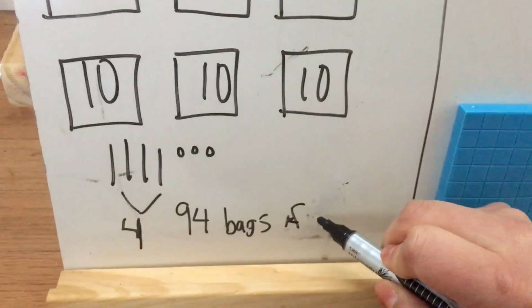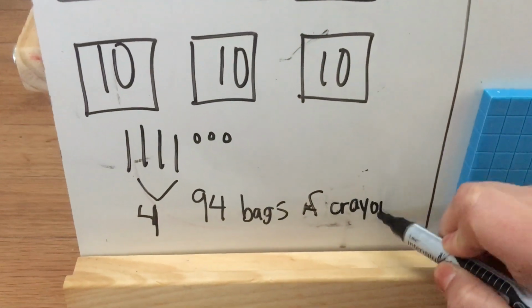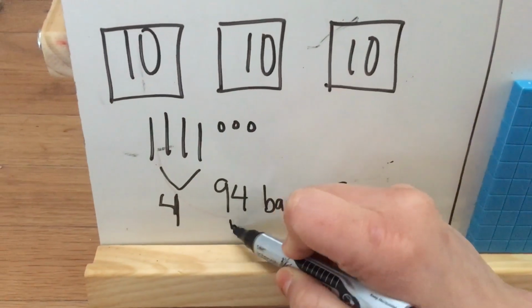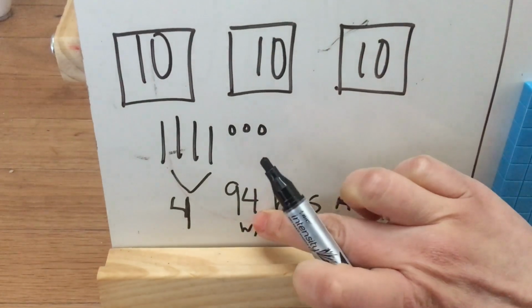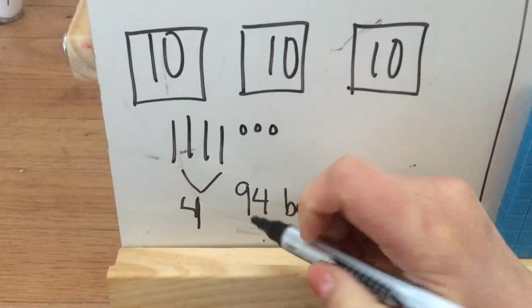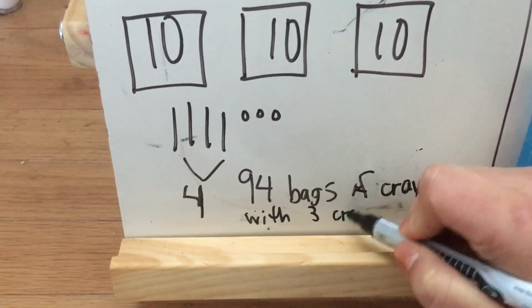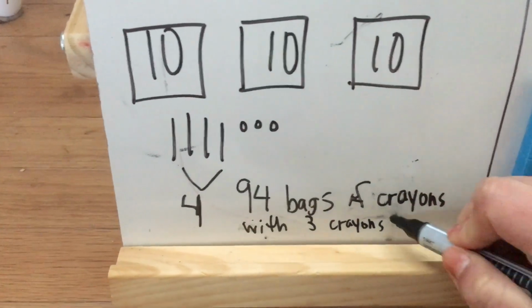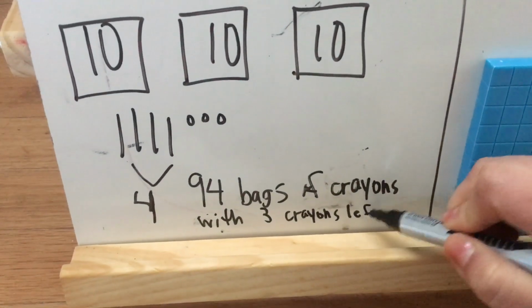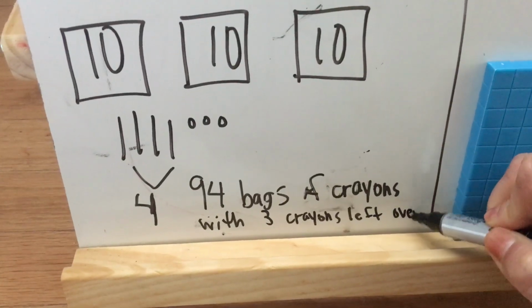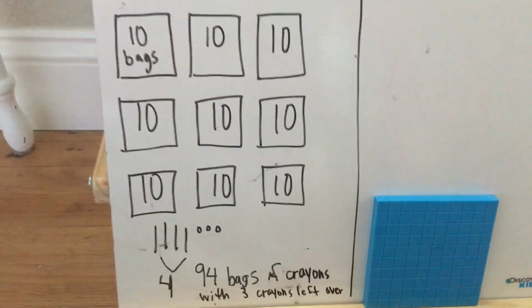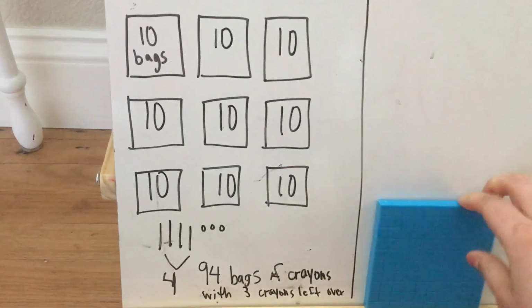This is hard to write in a slant. 94 bags of crayons with 3 crayons left over. Okay, there's one strategy. Another strategy